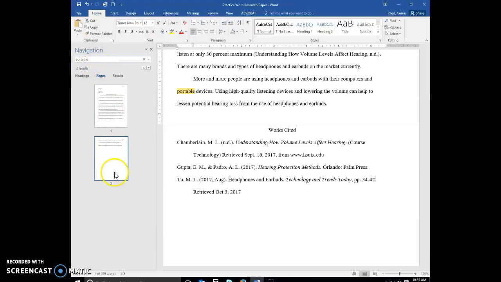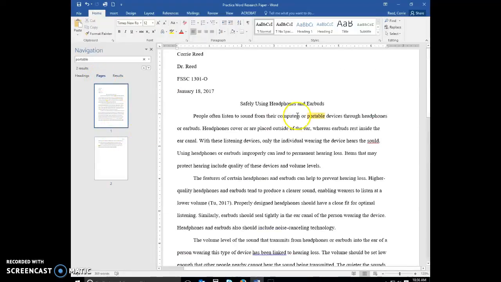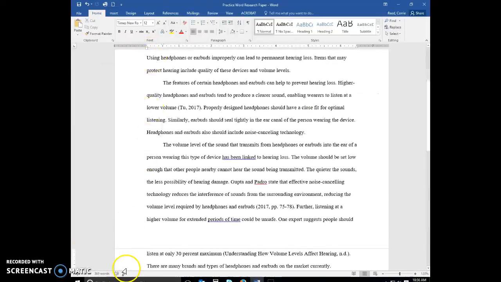So we have 2 results. I can click on results and find the 2 listed there. I can also find it by page. Here it is on page 2. Here's where it appears on page 1. So I can close that out if I would like to, now that I know how many times it appears